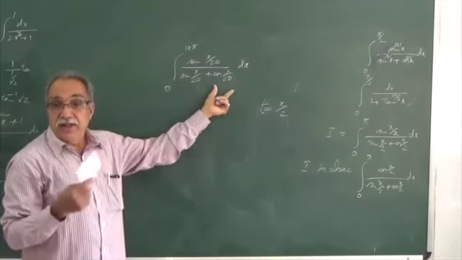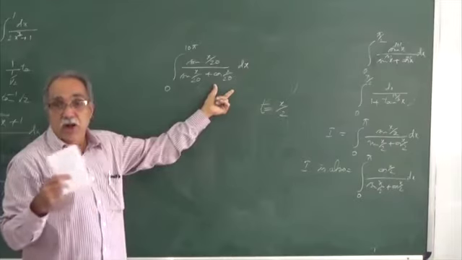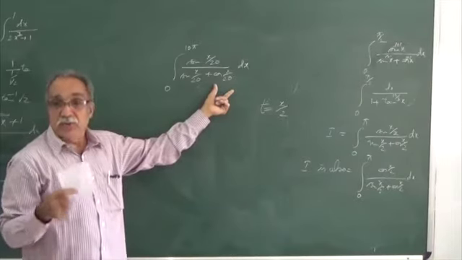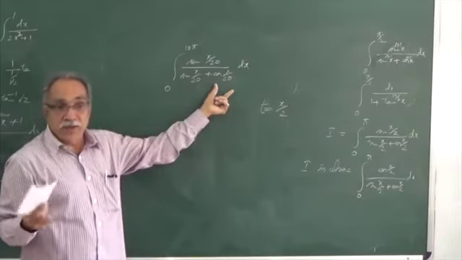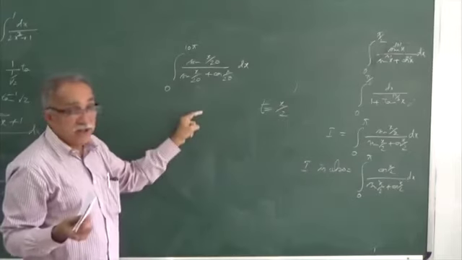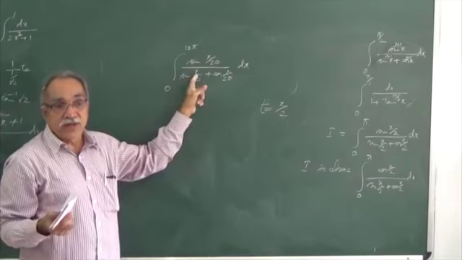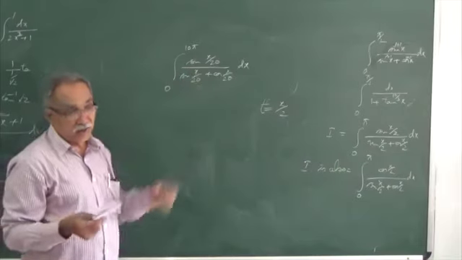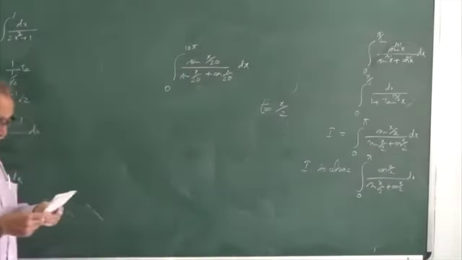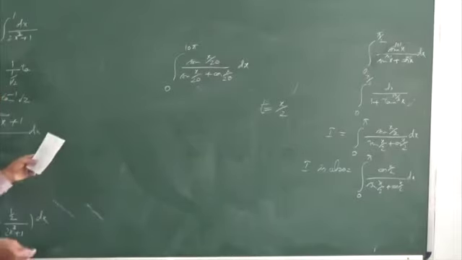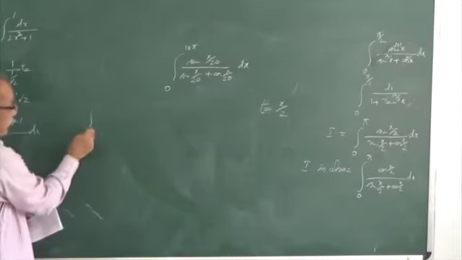You are finding I equal to I1 also equal to I2. Therefore, I must also be equal to half of I1 plus I2. What is I1 plus I2? 10 pi. Half of that, 5 pi, is the value of this integral. One more situation where this property is of great help is